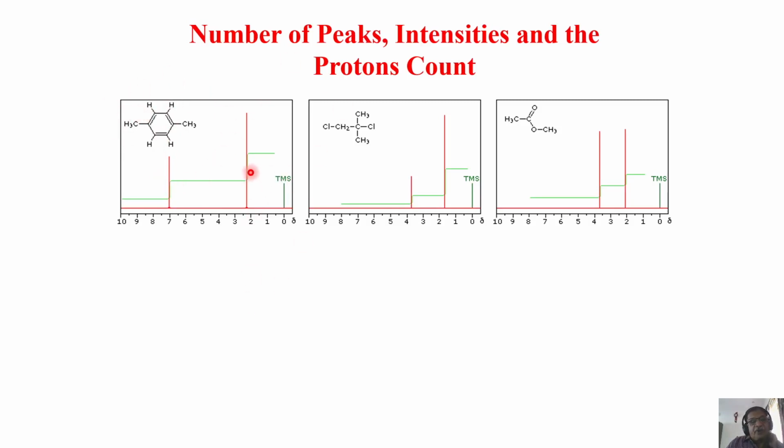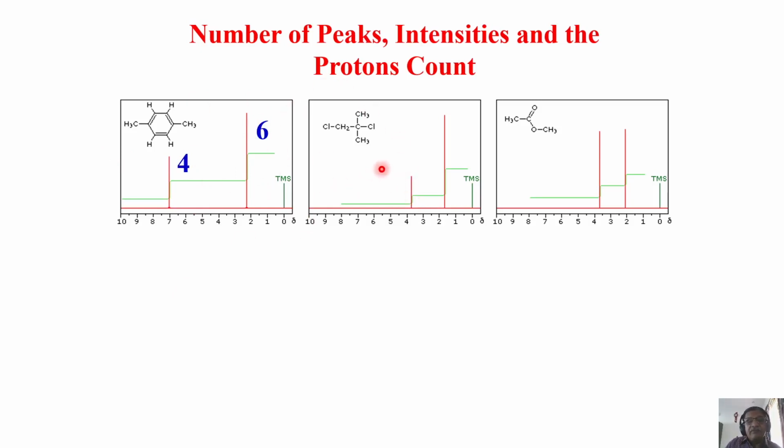Supposing I don't know which proton comes where, can I say which is CH3 and which is aromatic ring protons? Easily, you can say that. Because the 2 CH3s are equivalent, this should have intensity 6 compared to these 4 protons, which has intensity 4. The intensity ratio must be 2:3. In which case, you can say this corresponds to ring protons and this corresponds to CH3 protons. This is another way of assignment. Looking at the intensity, you can also do that. Okay. So 4:6. So this is the ring proton, the CH3 protons. You understand? So 2:3 intensity.